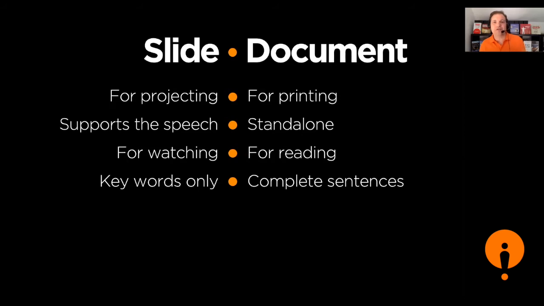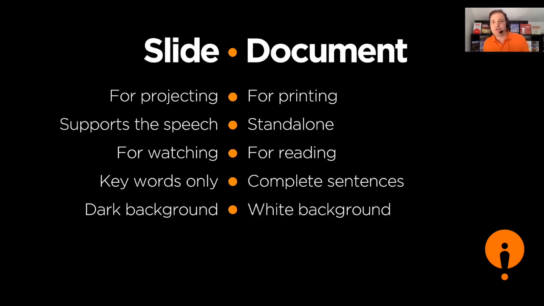You really do need to make sure that this document is properly standalone and therefore it does have complete sentences. You're going to want, ideally on your slides, a dark background. Now this is less important when you're talking about online slides, but in a meeting room, having a dark background very often is much easier on the eyes of the audience. You don't want to have too much light, it will just tire their eyes. And you really want to keep people awake as much as possible.